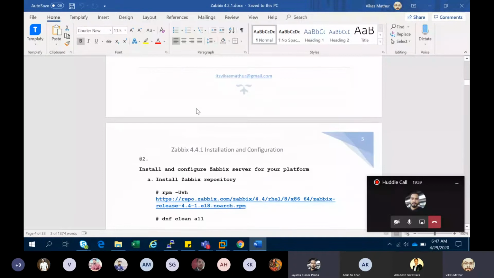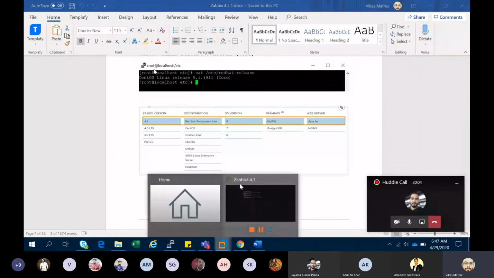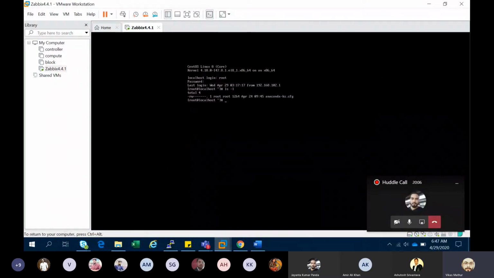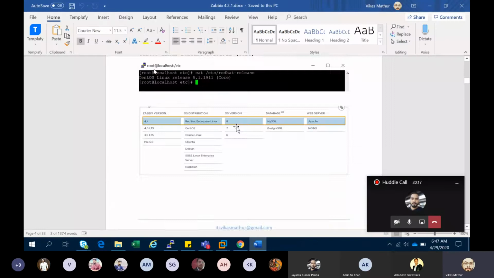Now this is the configuration part of your virtual machine. Whatever you need, you give it a static IP address and enable your IP. You provide the RAM and disk space.